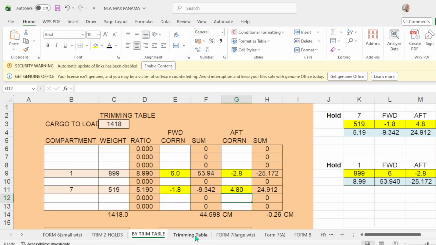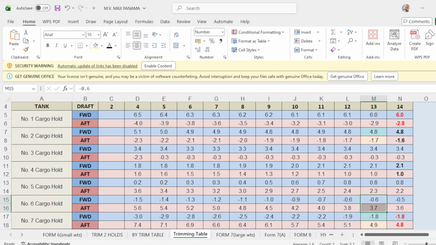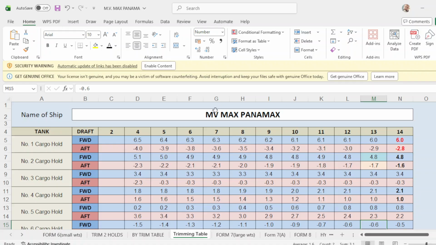So we go to the trimming table. This is the name of your vessel. You have here drafts of 2 meters, 4, 5 until you reach 14. This should be your hold number 1 forward and aft correction. And so with number 7,